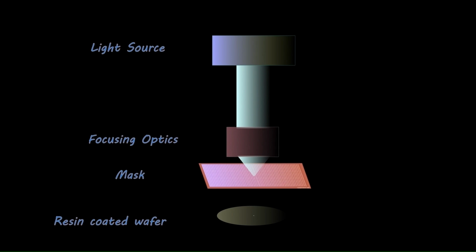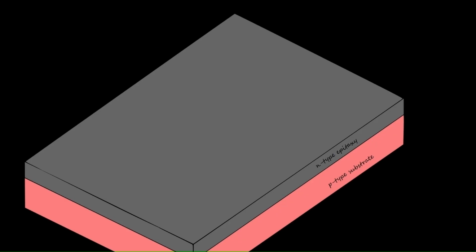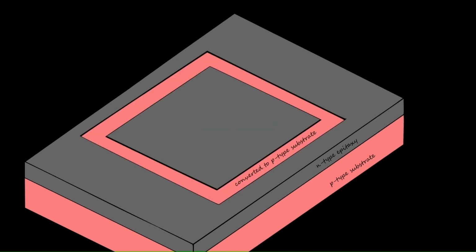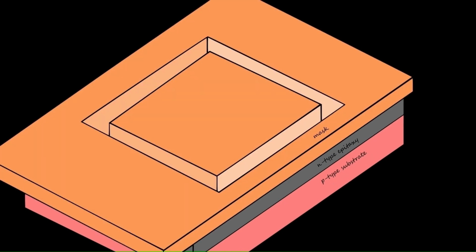We can now use the standard semiconductor process of masking and etching to produce a JFET in the N-type epi layer. A rectangular area of the N-type epi is cordoned off as a well to hold the JFET. The well is created by converting the N-type epi layer to P-type material in the shape of a rectangle. To do this, the surface of the epi is covered by a mask that protects the area we do not want to convert. Then, using either ion implantation or chemical deposition, the enclosing well is created by converting the N-type